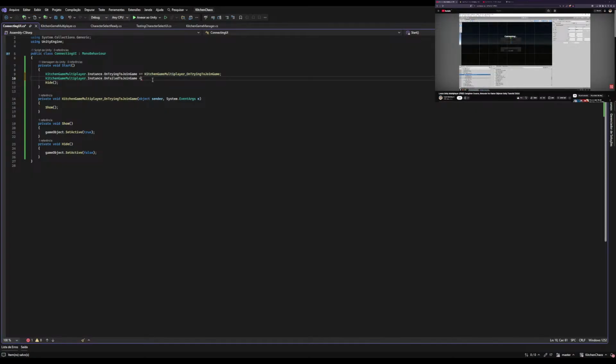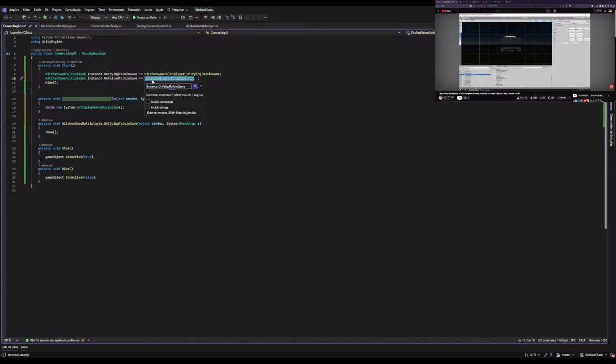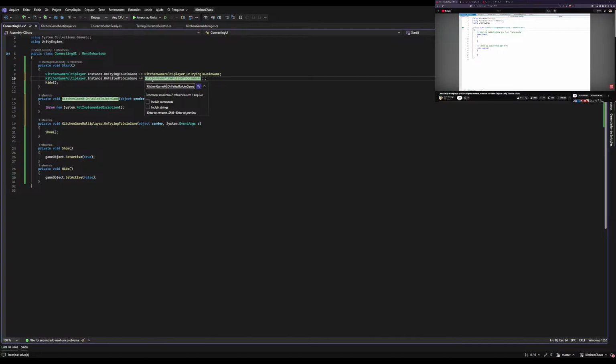So the ConnectionResponseMessageUI, let's build this one. Over here, let's attach the script and let's open. Okay, so here we're going to have pretty much exactly the same thing. So let's have the usual private void Show and Hide. Then let's add references to the text and the button. So let's add a SerializeField. And first for the text,